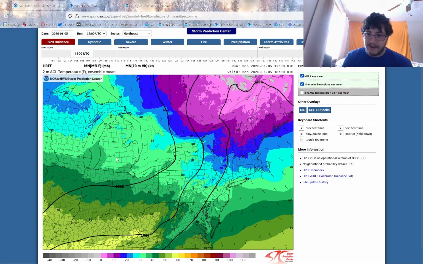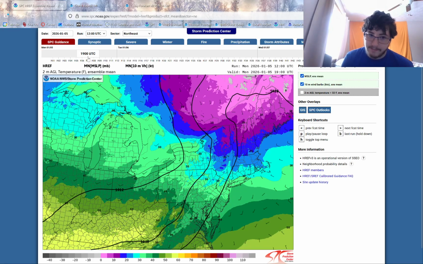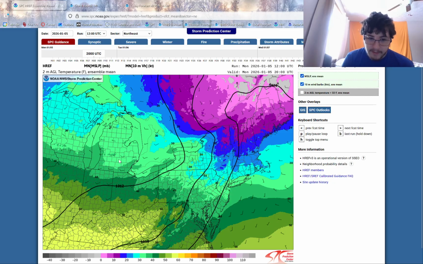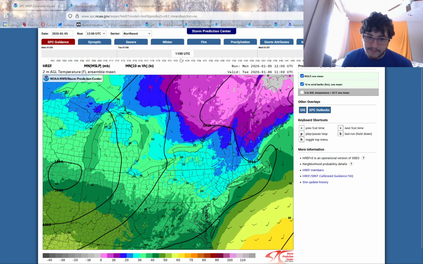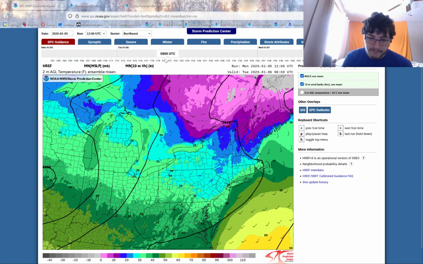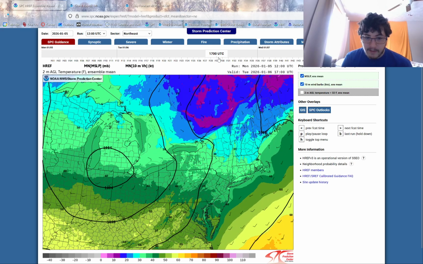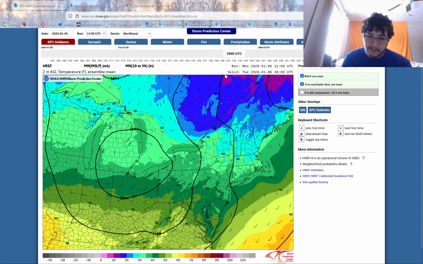Now let's take a step back and look at our highs and lows. Of course, tomorrow you kind of have an idea of what the highs are going to be already, but today it looks like our highs are actually going to be pretty similar. We are going to be probably close to the lower mid-30s. As we head through tonight, it's really not going to cool off that much. Maybe we dip down into the low 30s. And then, of course, tomorrow, again, it looks like we're going to get close to the lower mid-30 mark,